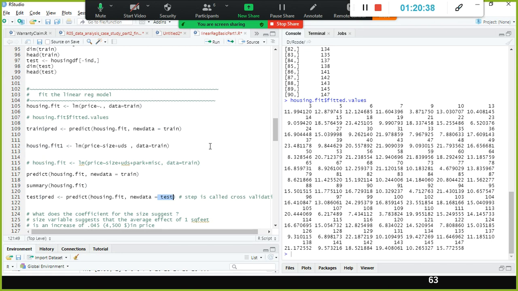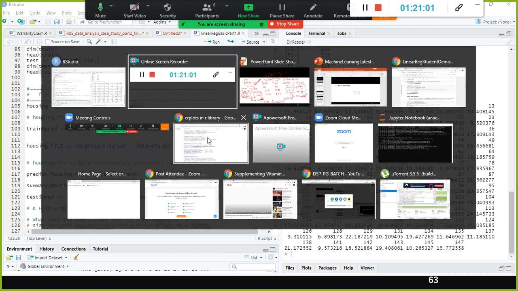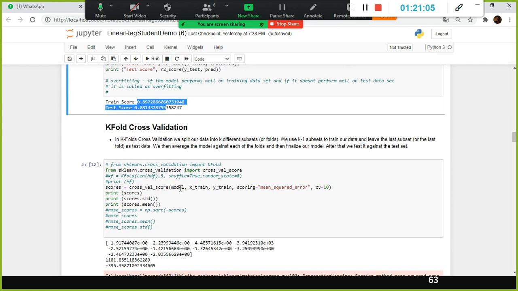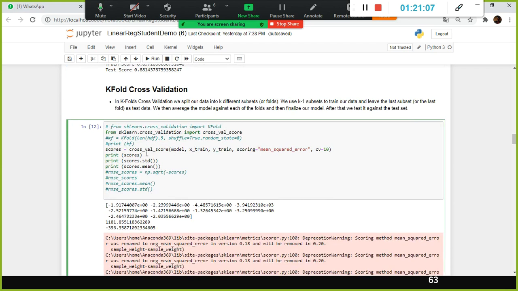So how do we deal with this situation? With two test data sets we don't see any overfit, but with the other test data set there is. For this we use something called tenfold cross validation, k-fold cross validation. I will discuss this in the next session, because Karthik needs some time to understand all the things. We have a built-in function, cross_val_score, where we pass the model and the scoring, mean squared error, and cross validation is 10, so it will create 10 folds.